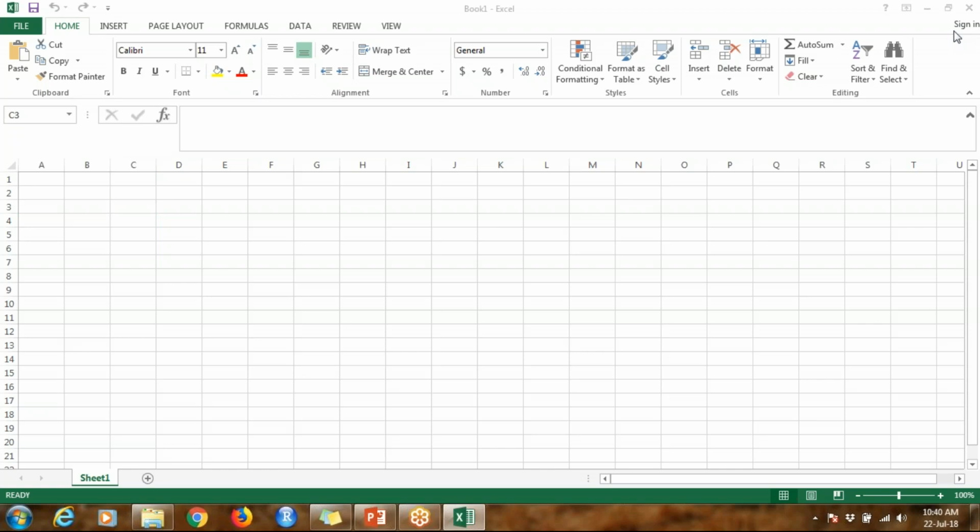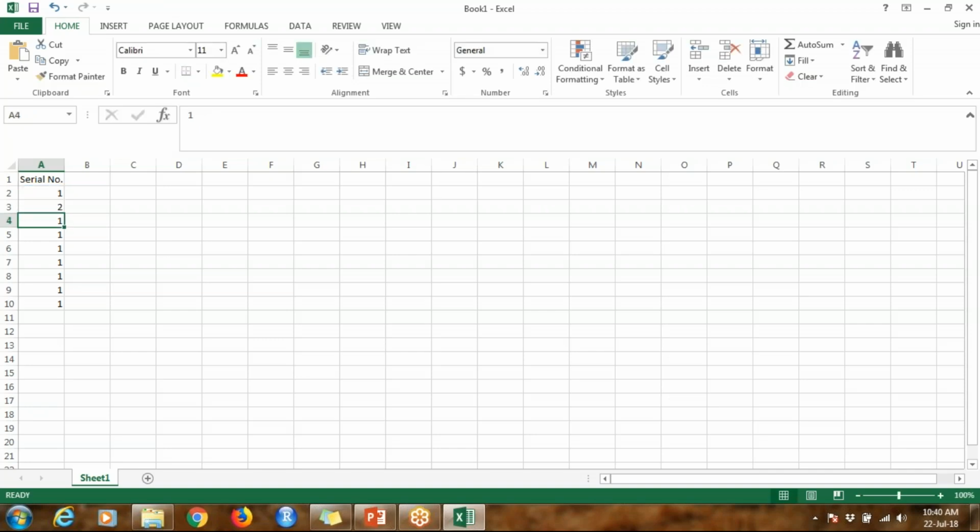So let me first walk through the basic things that we have in Excel, and then we will look at some of the major things. Let me first start with the basic data. Let's say I have a serial number, and now if I try to drag it till 10, I get 1 everywhere. But I don't want it like this. I want it to be in an incremental order. So what I can do, this will be equal to